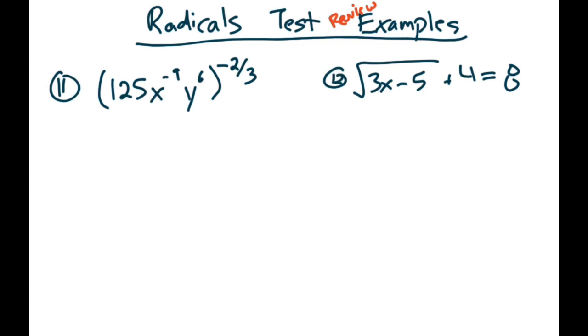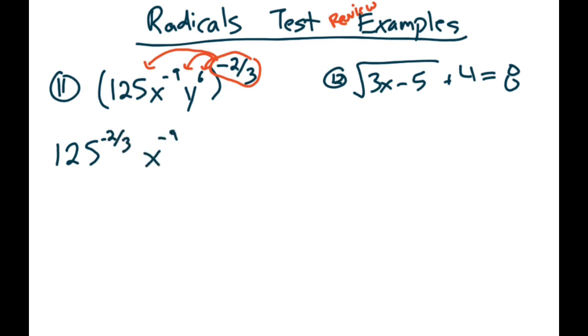All right, 11. 125, x to the negative 9th, y to the 6th. So here's a problem that's similar to our radicals test review, similar to 11 and 12. So same thing as on 10 for 11. We've got an exponent. So this exponent of negative 2/3, we can distribute to each term. Now, even though the 125 does not have an exponent visible, it's got an exponent of 1. So this is going to be 125 to the negative 2/3 power,